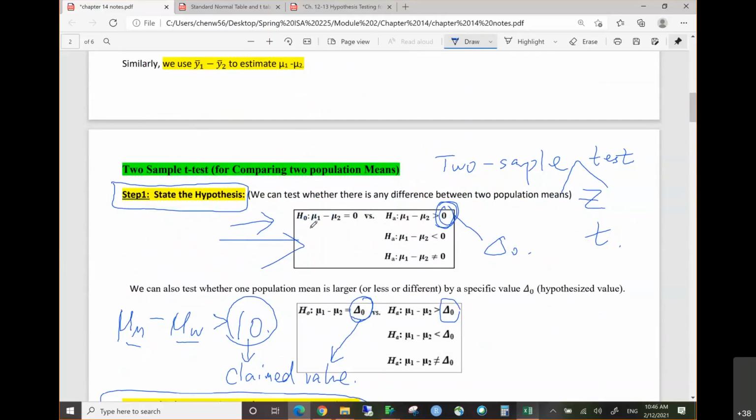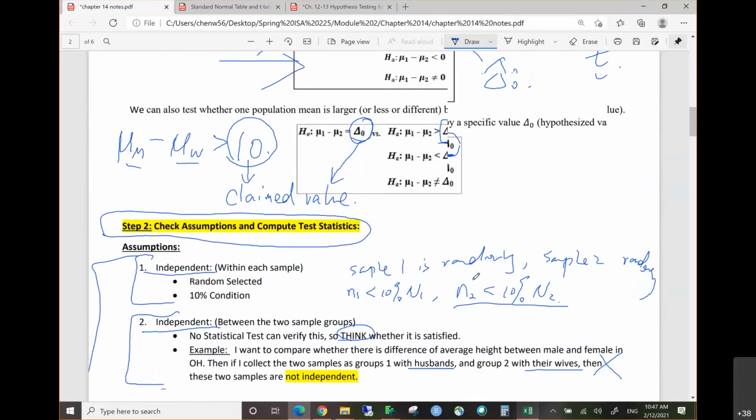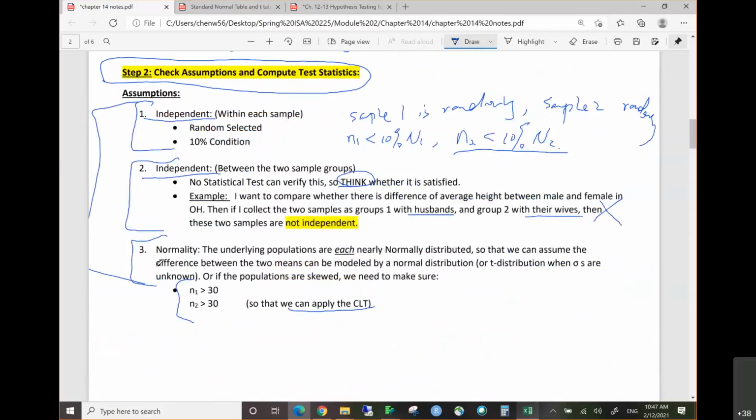Right, so that means we have the right side, which is our claimed value. The left side, we change to the difference between the two population means. We call the difference between these two population means delta. Then we just call the claimed value delta 0. All right, and then for the assumptions, since we have two samples, we have one more independent assumption to